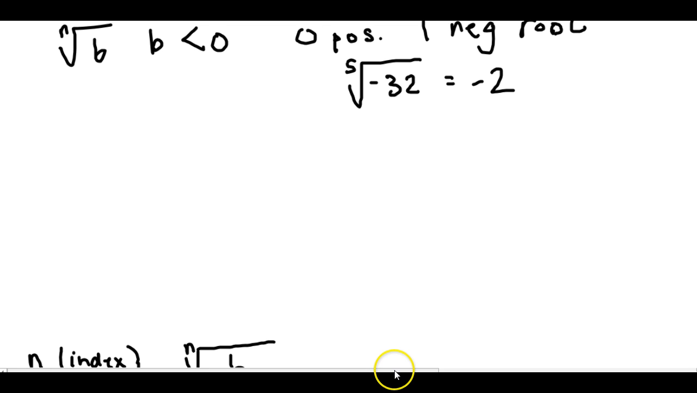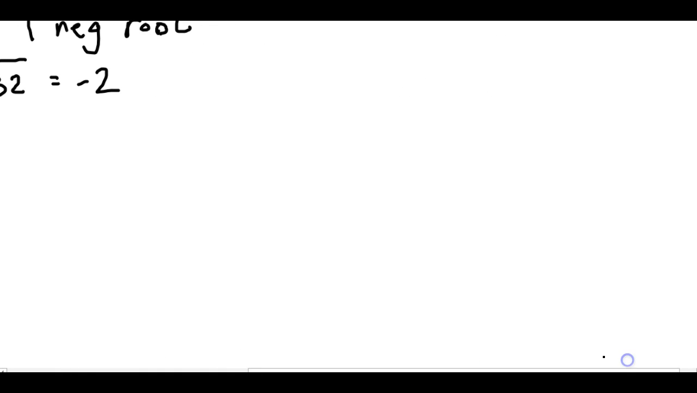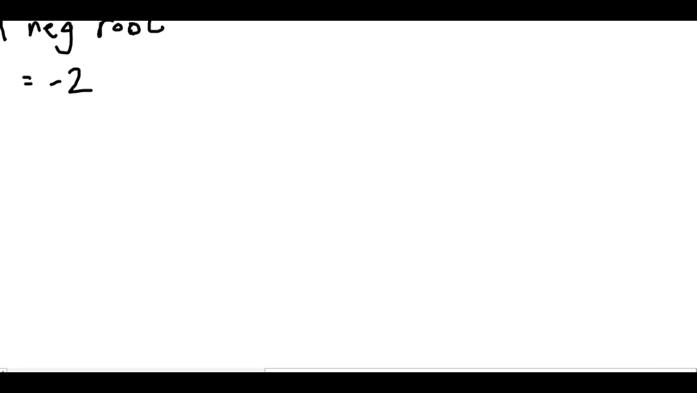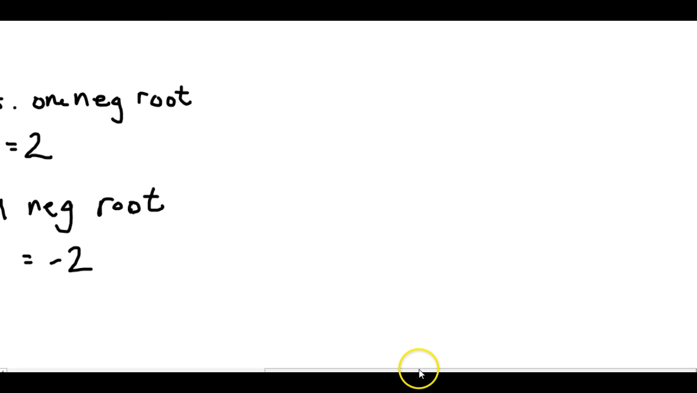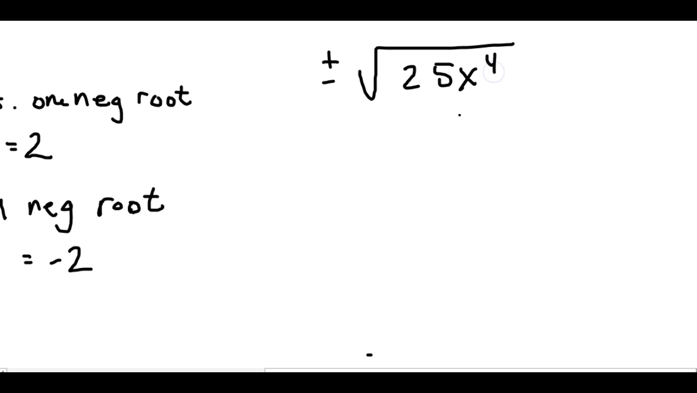All right, I'm sliding over to section 3 on the whiteboard. Okay, so let's look at an example. So we need to simplify this. So we're doing plus and minus the square root of 25x to the 4th. So we have an even, oh my goodness,